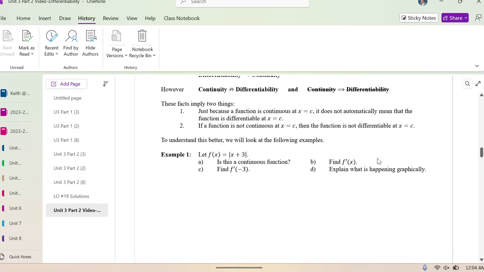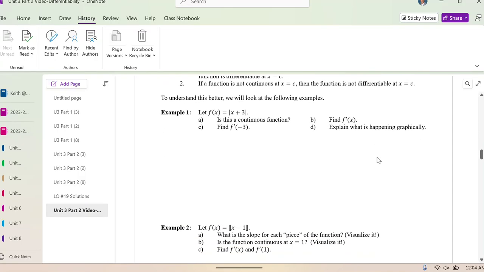All right, so to understand this better, let's look at some graphs. And the first one, part A, f of x equals the absolute value of x plus 3. Is this continuous? And the answer is yes. One thing to keep in mind, if you look at the graph, this would be a v,